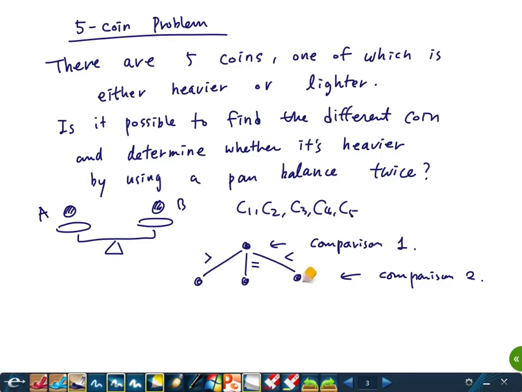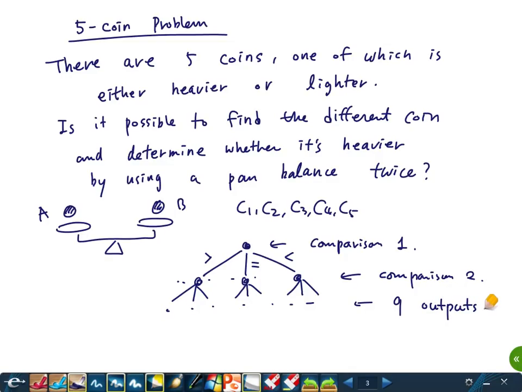You don't have to compare the same set of things over here. You have a different set of coins here, here, and here, like that. And it will also give you 3 outputs at most, right? It only tells you. And right here, you have already used 2 comparisons. So you have to now decide which one is the fake one and whether it's heavier or lighter than the others, right? Then here, how many outputs do we have? 9 outputs,